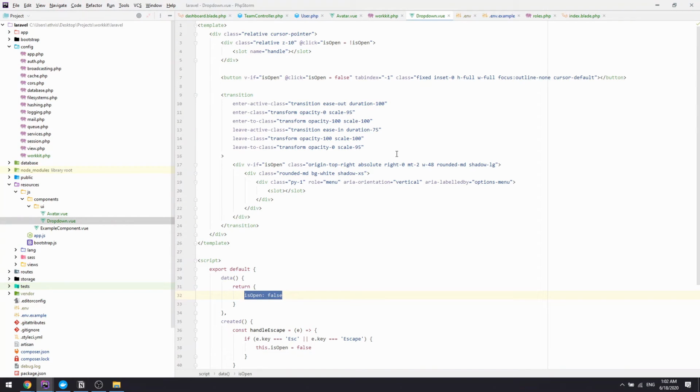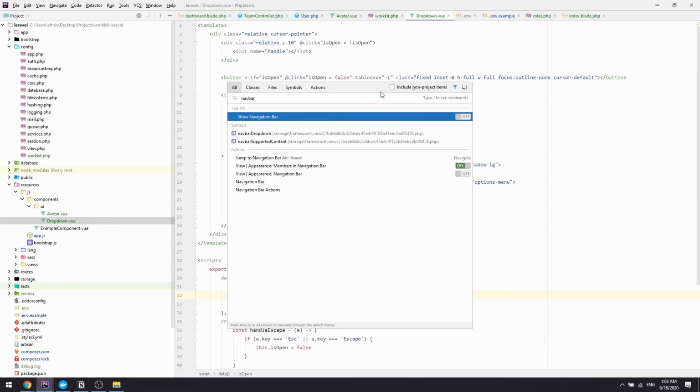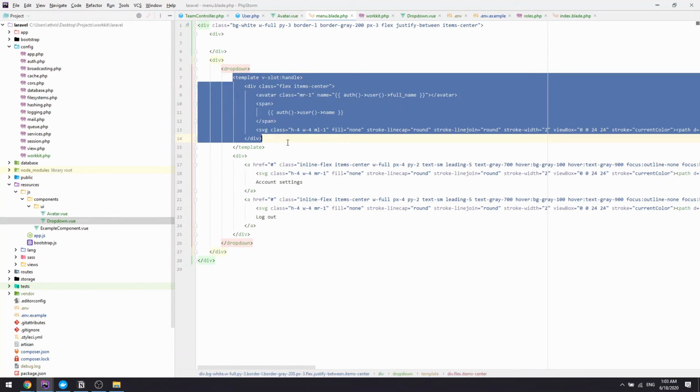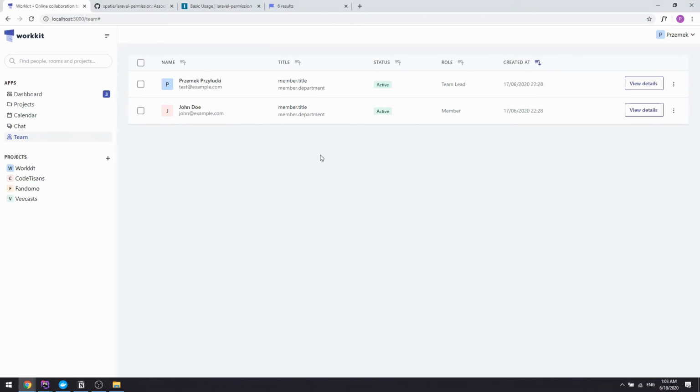So that's one of these little components that I copy from one project to another. And the usage is actually quite nice. You just wrap your handler into a slot called handle, and then pass anything in the default slot that would be shown as a drop-down menu. And yeah, that's basically it. Behind the scenes, I will make sure that everything is working here, so we'll be able to delete and edit